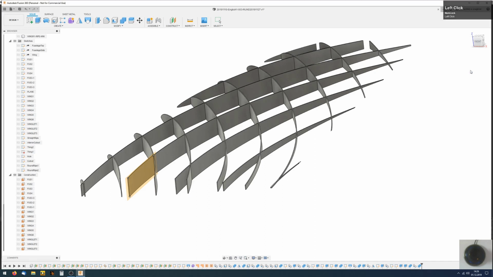I say OK, and there it is. Okay, we see plane 17. I don't give them names, but I remember plane 17 because it's better when I know where they are, so I can make them visible or invisible.